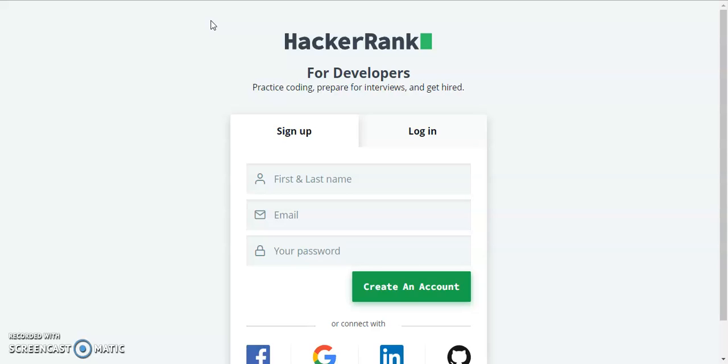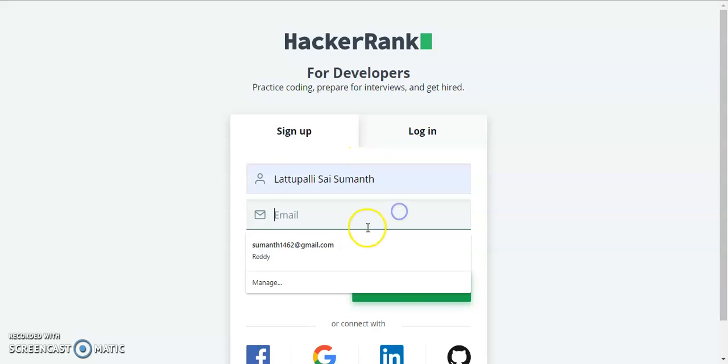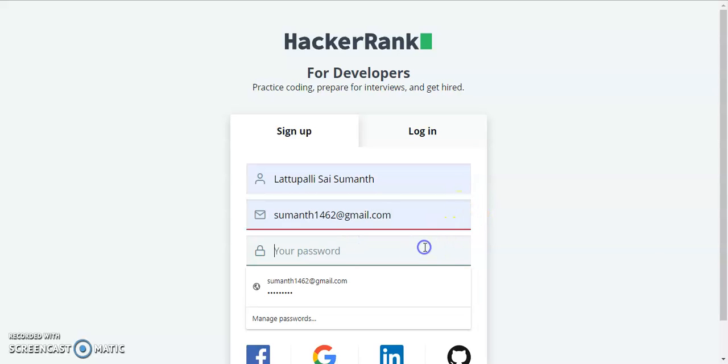Today I am back with another exciting topic which we are all very much familiar with. To make you all very much clear about this content, let me show you the live demonstration. So this is the HackerRank website. I already have an account in this website. So I will try to register with the same email ID which I already have an account with. Let me show you what happens. See, it is immediately showing me a warning that it is already registered.